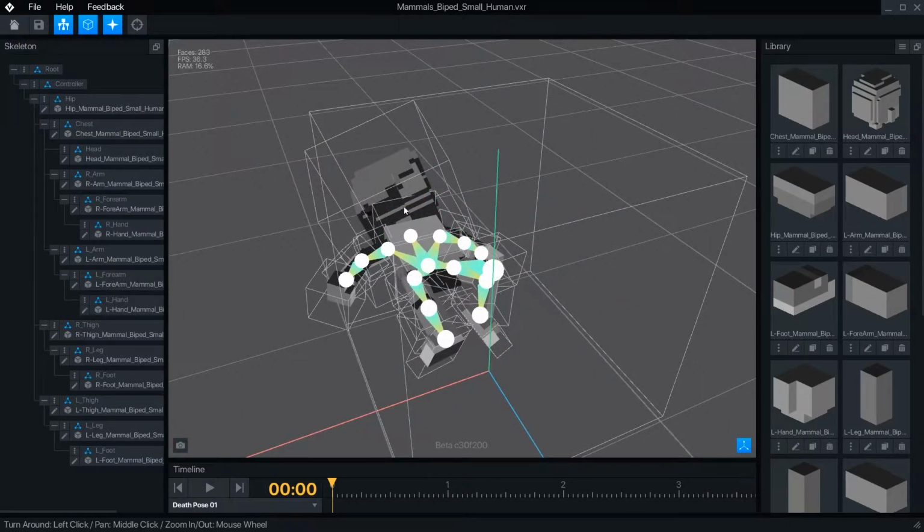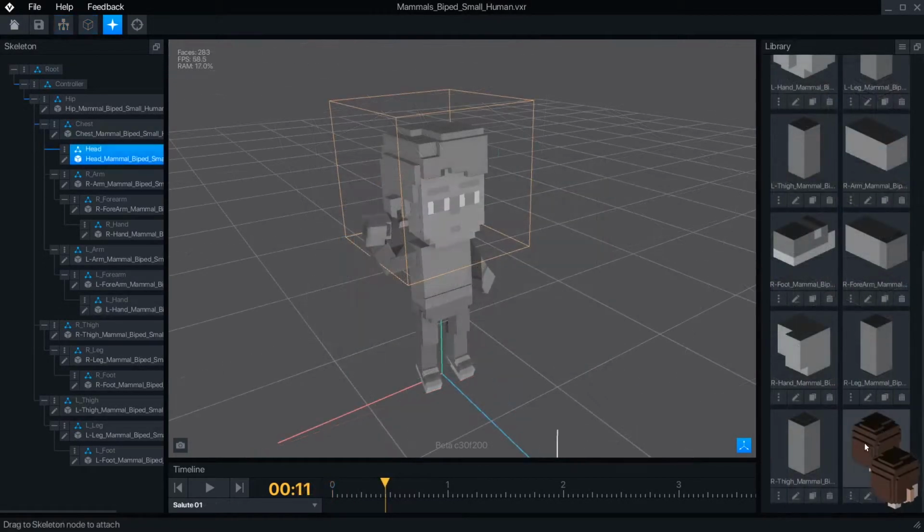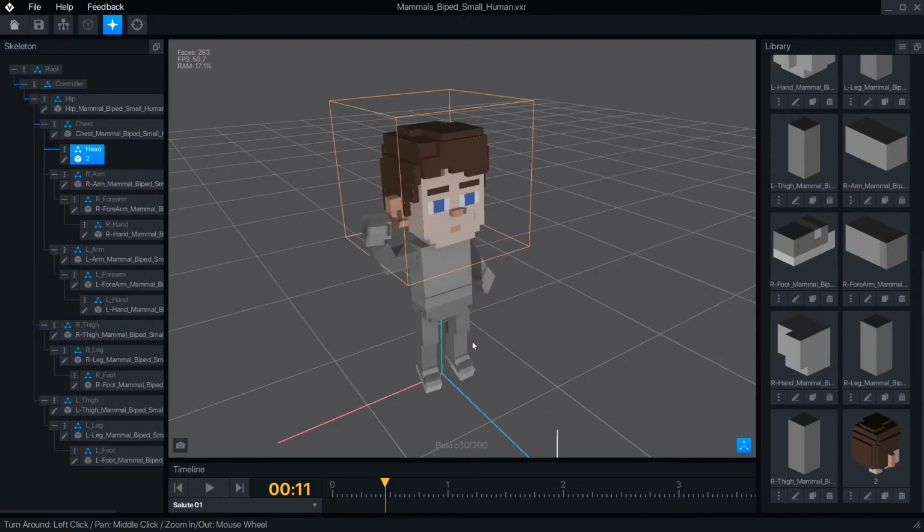You do have full access to the library panel, where you can delete, duplicate, import, and edit any voxel models you want. If you want to try designing different heads, you can create multiple object files and drag them to the head node in the skeleton panel to switch between them. You can also unlink objects from the nodes with the 3-dot menu if you do not want that node to be in your design. The timeline panel can select the different template animations and play them to check that your design works well.